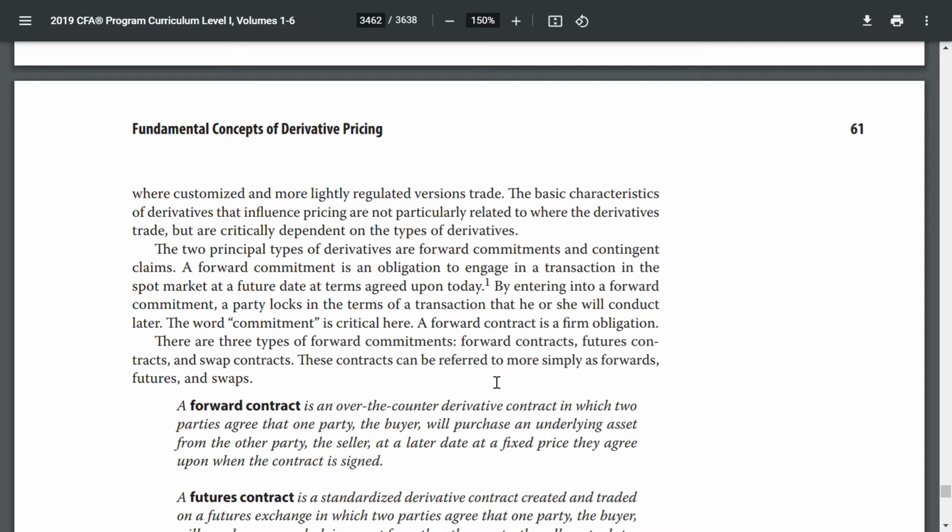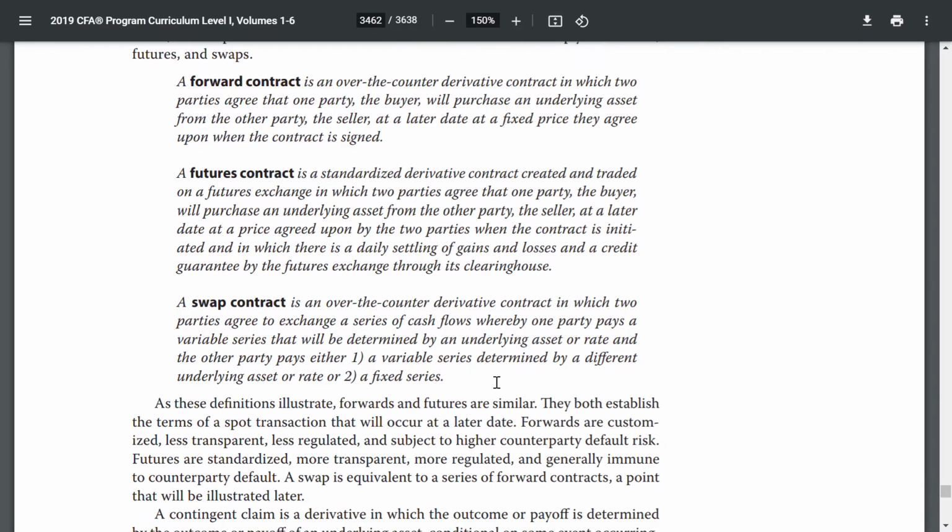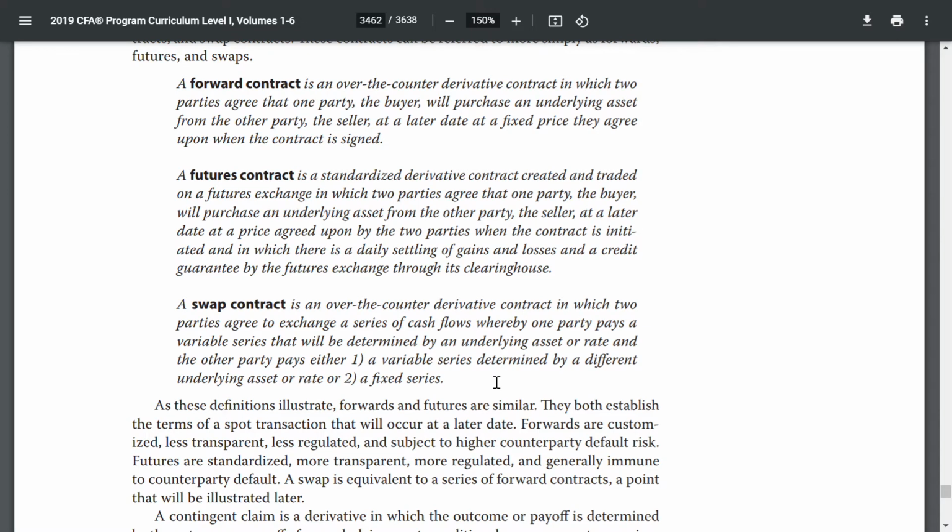A forward contract is an over-the-counter derivative contract in which two parties agree that one party, the buyer, will purchase the underlying asset from the other party, the seller, at a later date at a fixed price they agree upon when the contract is signed. A futures contract is a standardized derivative contract created